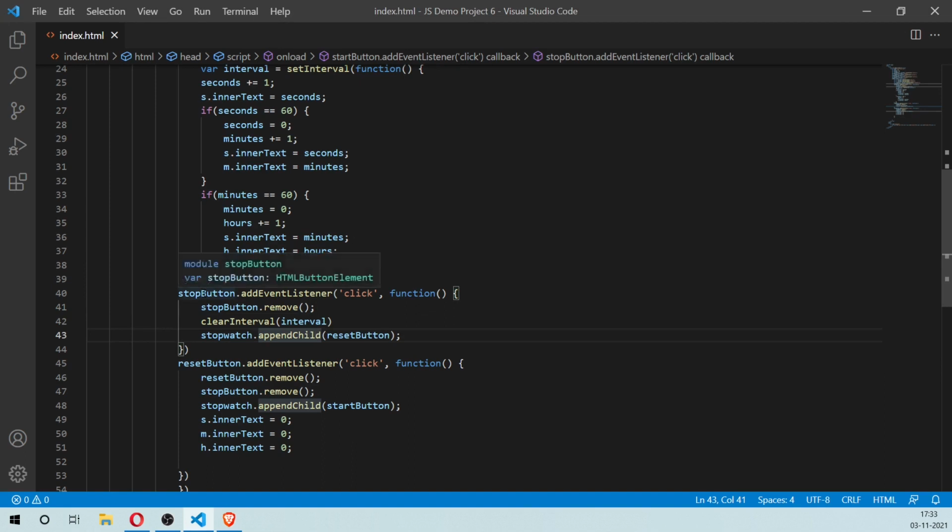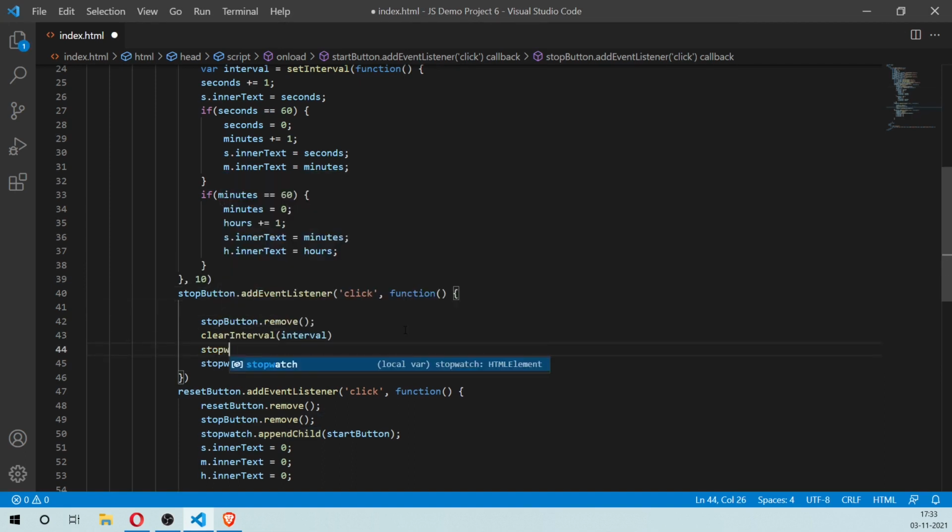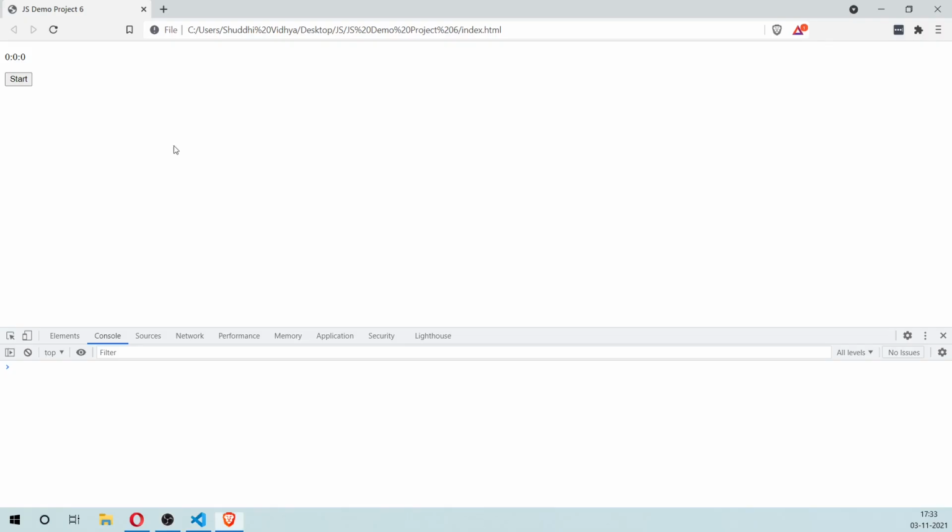So whenever we press stop, it should actually show us the start button. Stopwatch dot append child start button. So start, stop, start again.